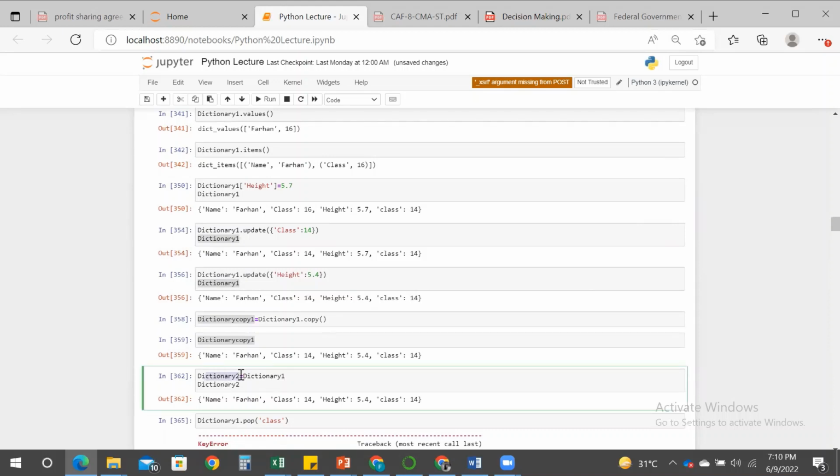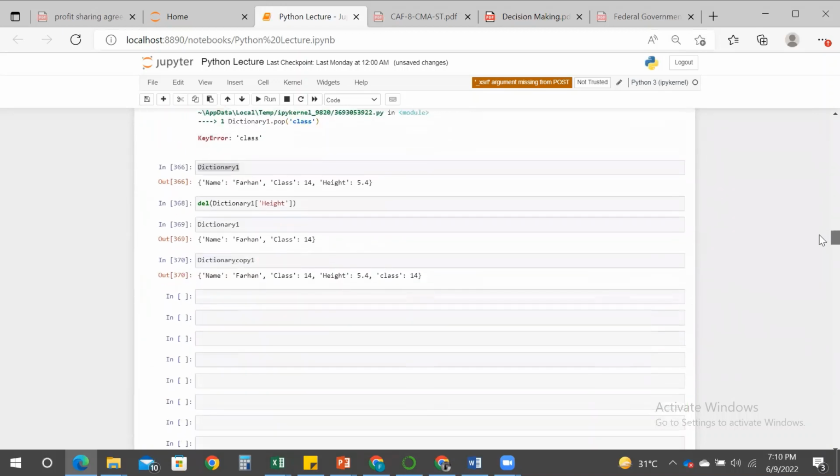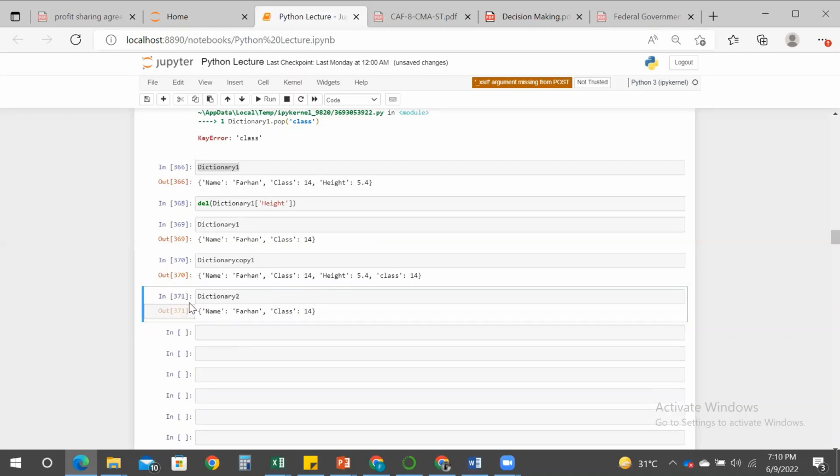So let's copy this name, and we will call this dictionary to confirm whether it is updated for the changes made in the original dictionary, which is dictionary 1. So paste the name of the copy of the dictionary, which is created using the variable method, and run this. And when we ran this, we saw that it is updated for changes which were made in the original dictionary, dictionary 1. So we proved that